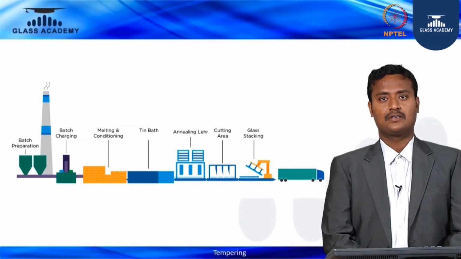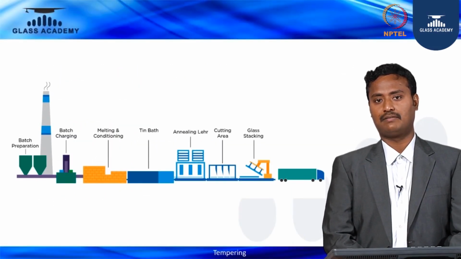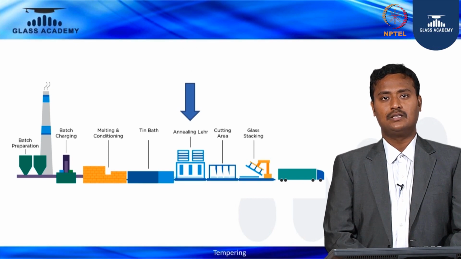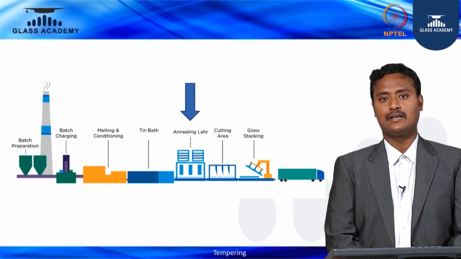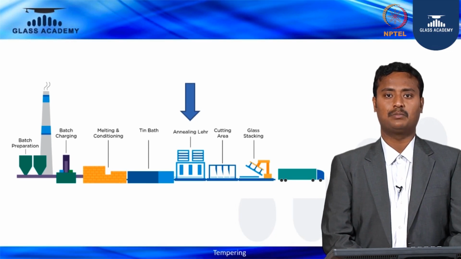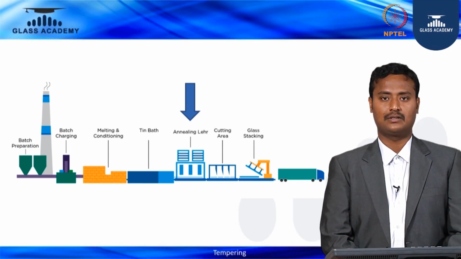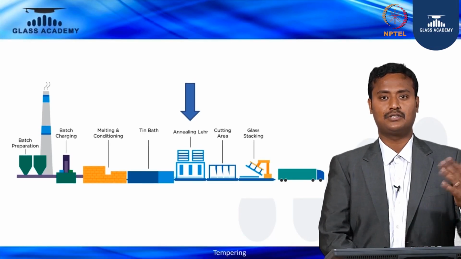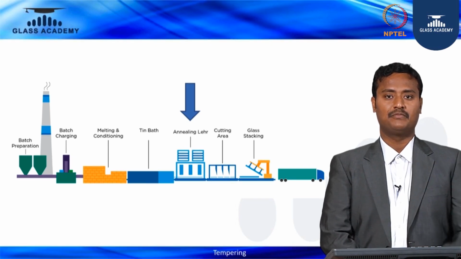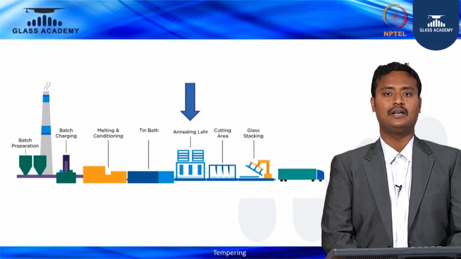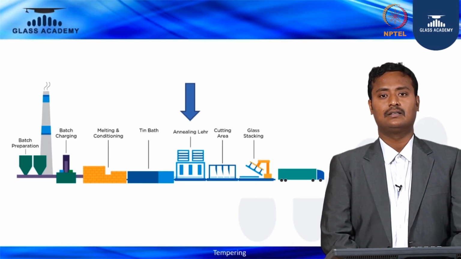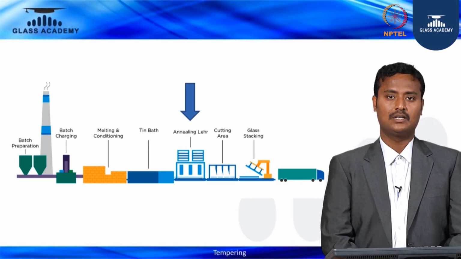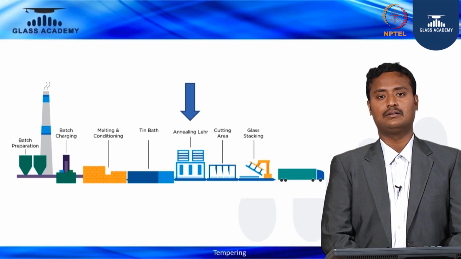So let's begin. As you all know, the float glass manufacturing process. This is a schematic diagram for a float glass process, where the annealing layer starts. So why are people calling it annealed glass? Because the annealing process takes place at the time of manufacturing of the raw glass. The annealing process is nothing but when the hot temperature goes into the cold medium, which is a very slow phase, thereby you are getting the induced internal stress attained in the glass. So annealing is a very slow cooling process, subject to control of pressure and temperature.